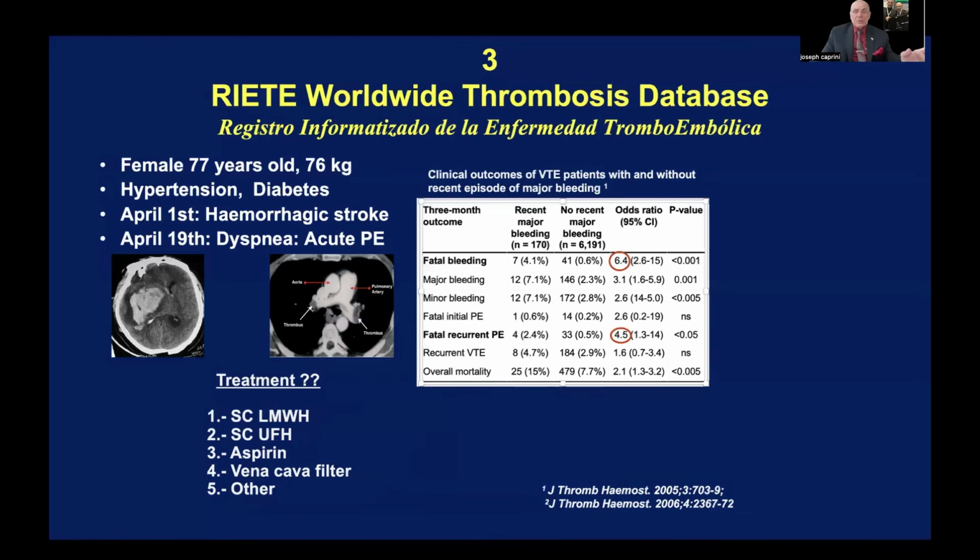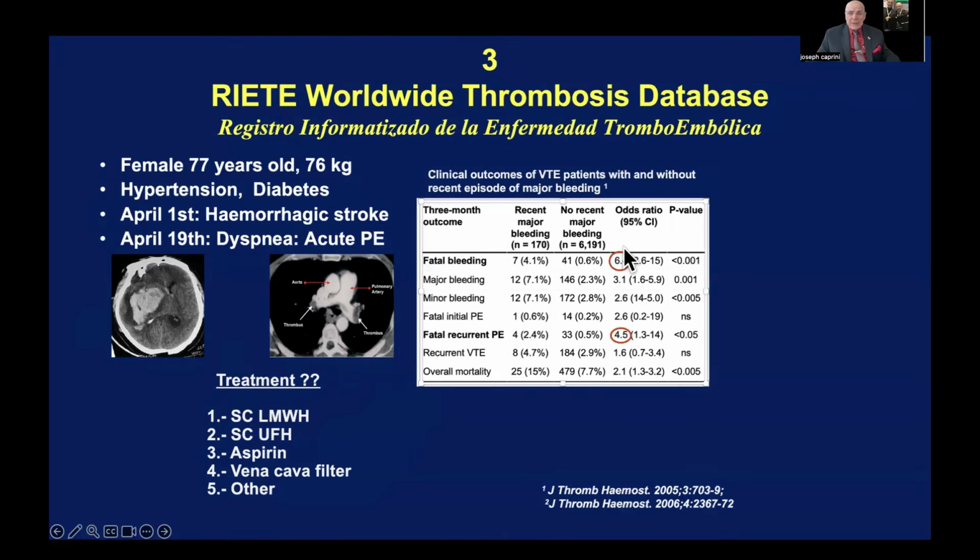This is 132 hospitals from around the world where doctors have entered patients who've had a DVT. What are their risk factors? How were they treated? And what were their outcomes? Based on real-world data. And we have 2 really important trials that give us some clue about how to treat